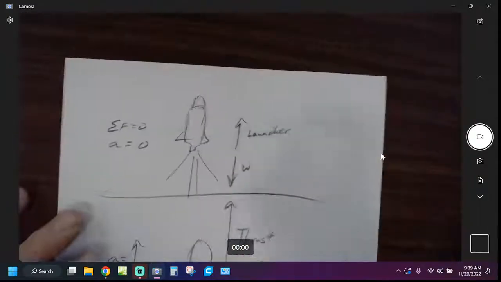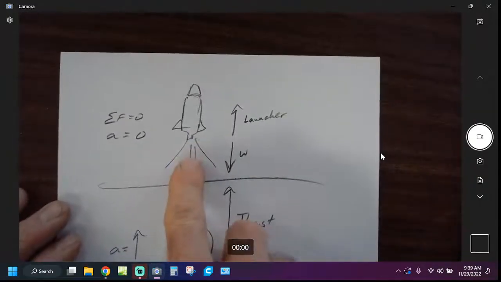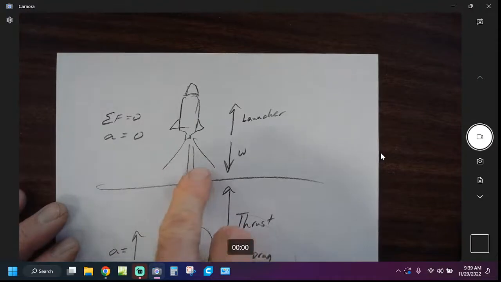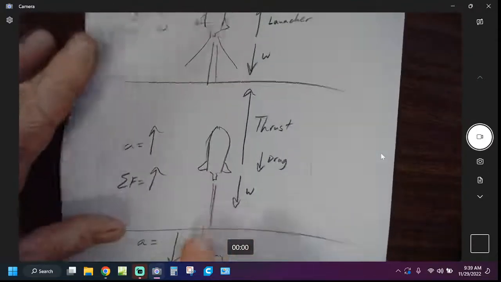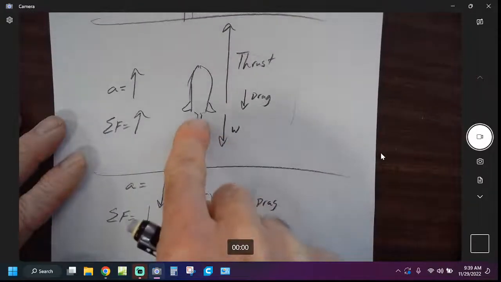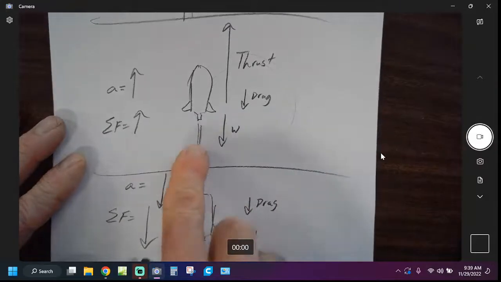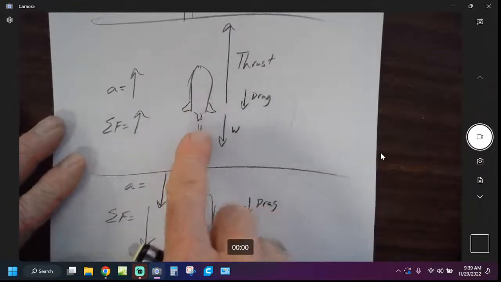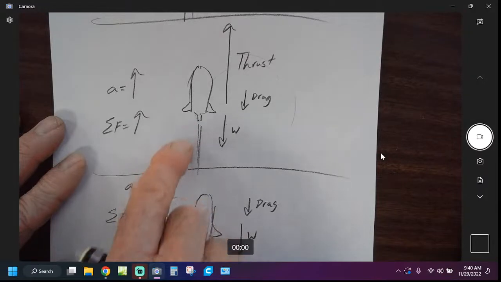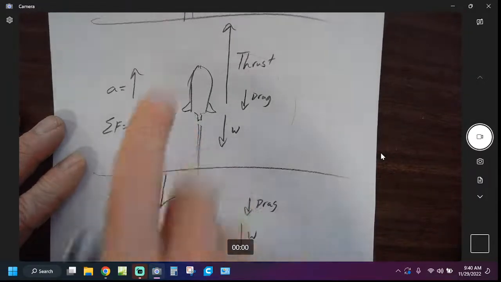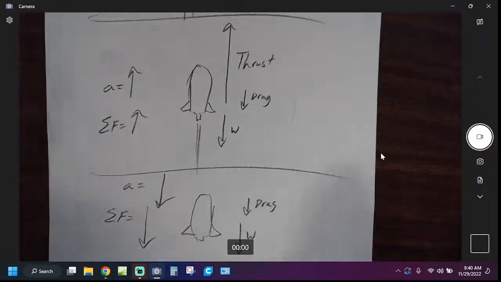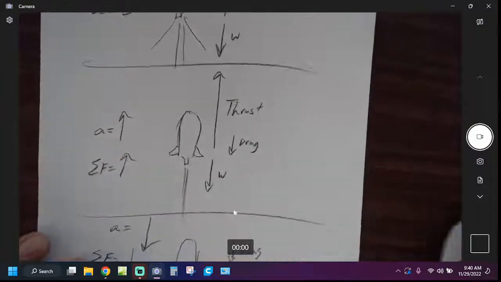And on the very first one, the slide where you had to explain and you were supposed to have a slow motion video, what makes the rocket go up? Well, the rocket pushes the water down, and the water pushes the rocket up. And those forces are equal. The force of the water getting pushed down is equal to the force of the rocket being pushed up. That's Newton's third law. So if you want to fix